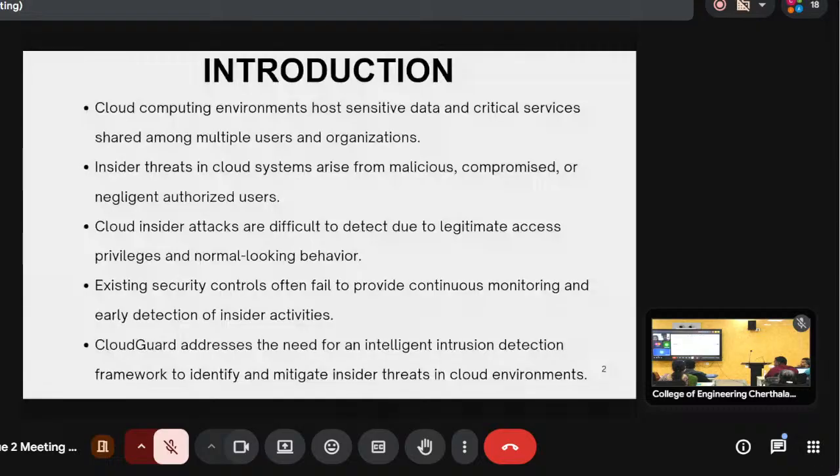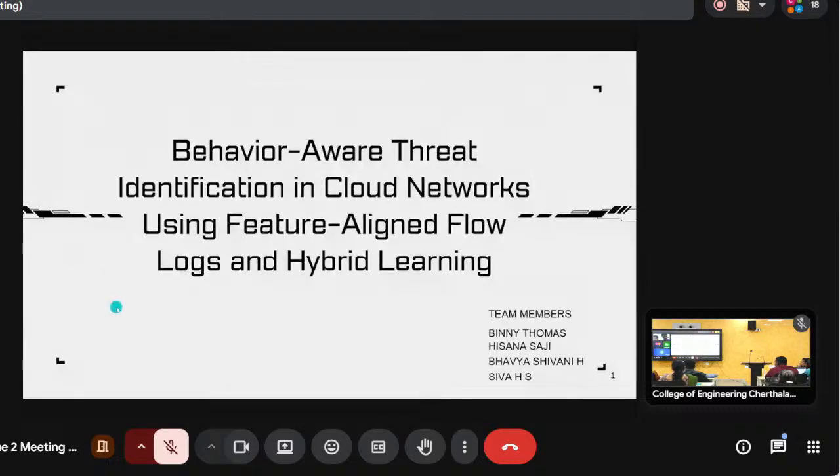Wherever you are going for a presentation, you have to mention your affiliation, which college you are coming from, your department, all these things should be there in the slide. Okay, ma'am, this was our last review's paper, so we have used that presentation. Sorry for that, actually. Anyway, you are presenting from outside your college now, so you have to mention that.